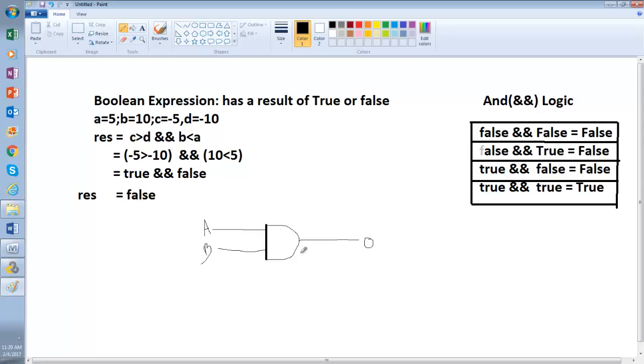In the computer, the way it generates logic is that you supply voltage here and you supply voltage here. If you supply voltage in both parts, that means it is true. If you don't supply voltage in one part, the output will be 0.